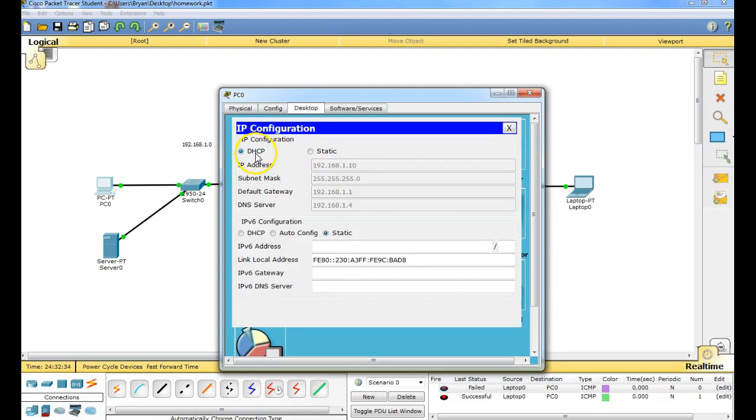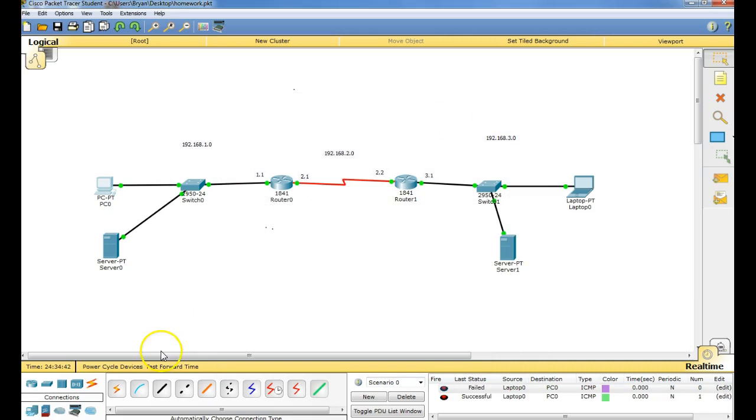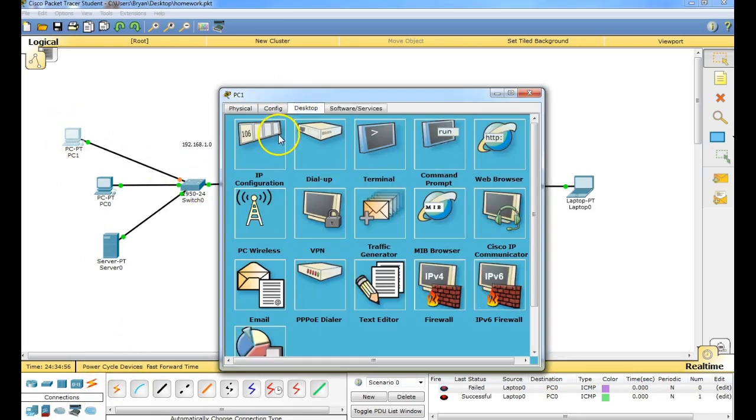Okay? Now, if we look at the PC and go to ipconfig, you'll notice that this is using DHCP instead of static. When you have it set to static, it asks for the IP addresses to be put in. If you use DHCP, it sends that request and it grabs one and just takes the next one off the pool. So if you add another computer, let me just grab another computer, put another computer out here and connect it into the switch. Okay, and when you configure that computer,